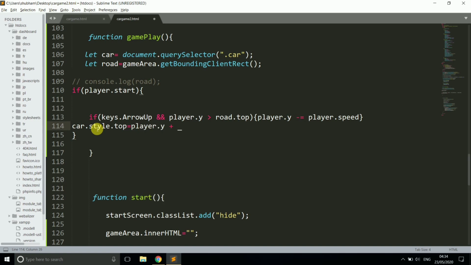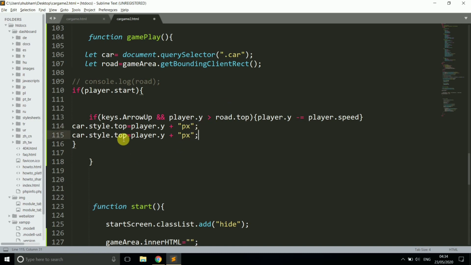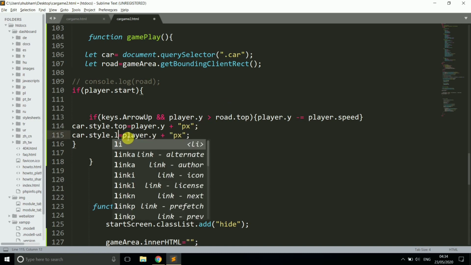Here we write car.style.top equal to player.y plus px, which means we give pixels. This is a very important line, because by this your car will run on this game area.